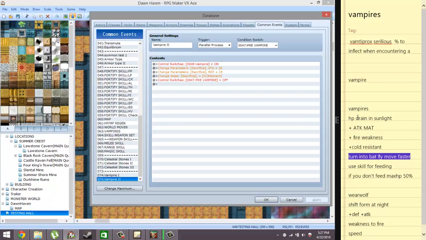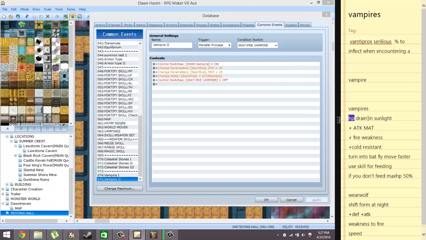I'm going to be making stuff that runs in the background all the time. One such thing will be HP draining in sunlight. So once you're outside in the daytime, your HP starts to drain. And that's going to be Vampire 3 or Vampire